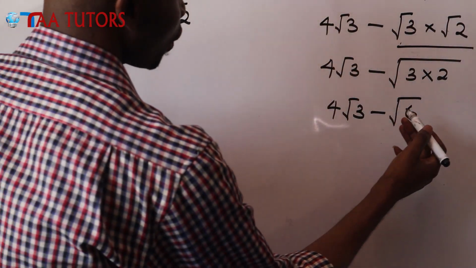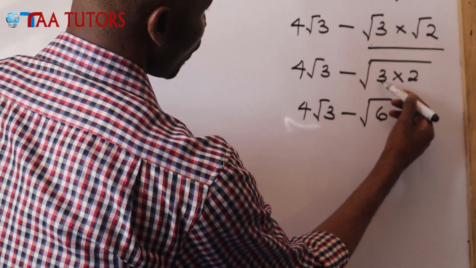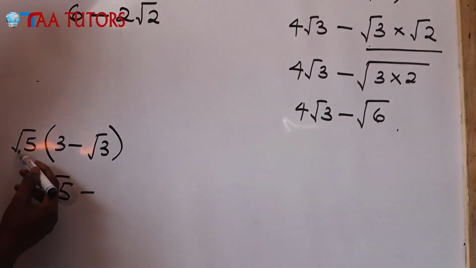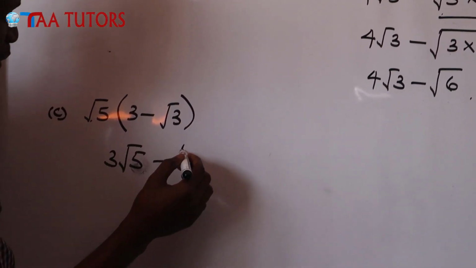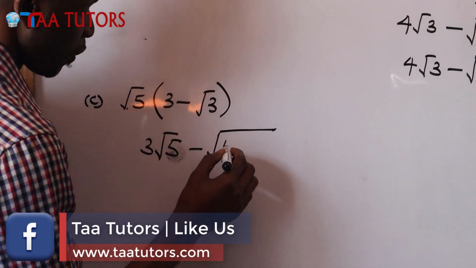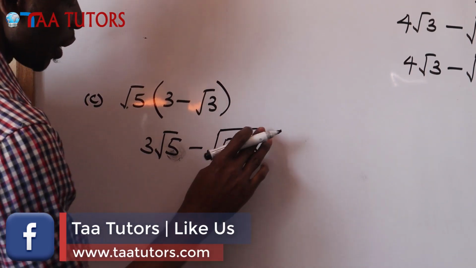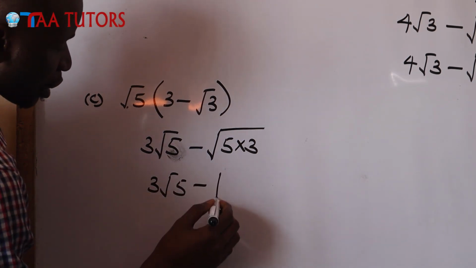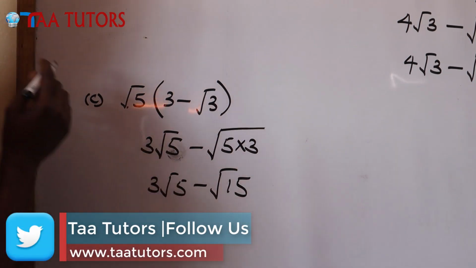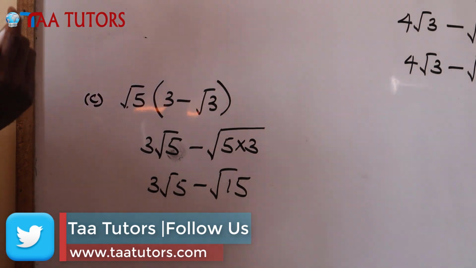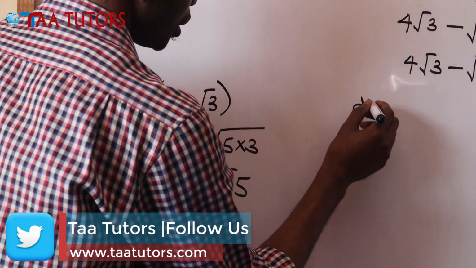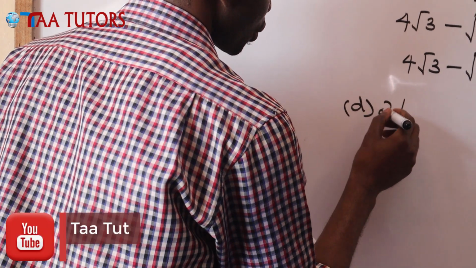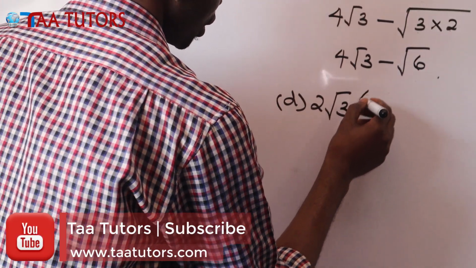What did we do here? We can see that it was actually now the numbers multiplied under the root. So we are going to have 5√5 times √3 being the root of 5 times 3 here. So we can actually say 3√5 minus √15. There. So what about if you have D, which is √3 or 2√3 into